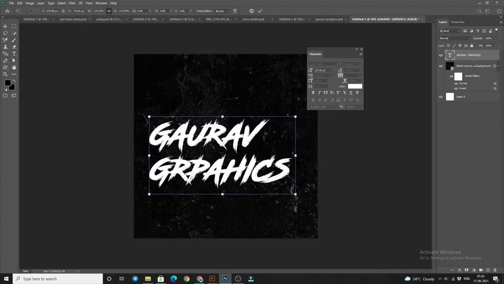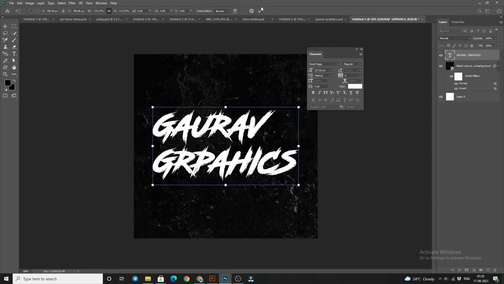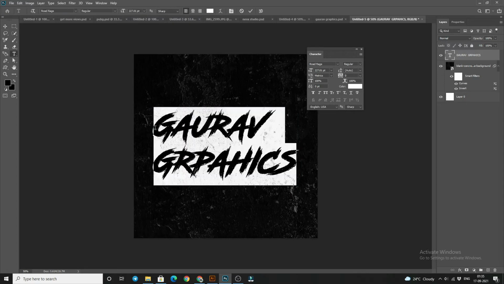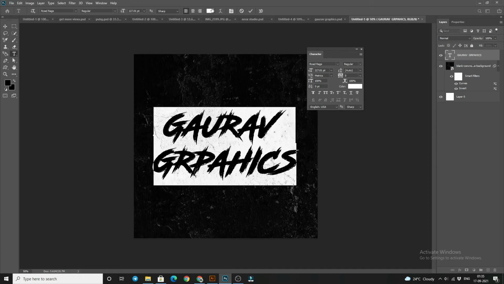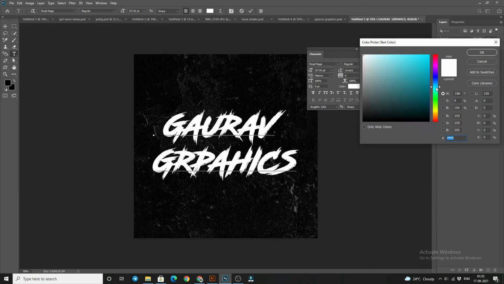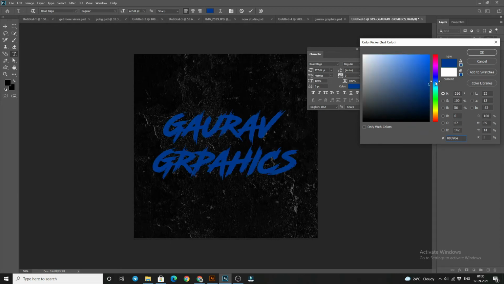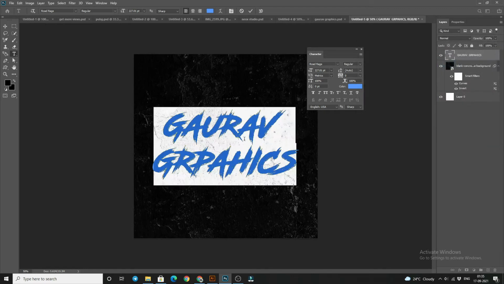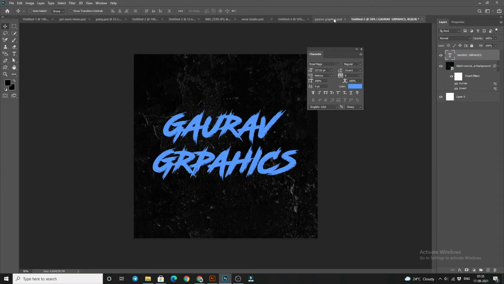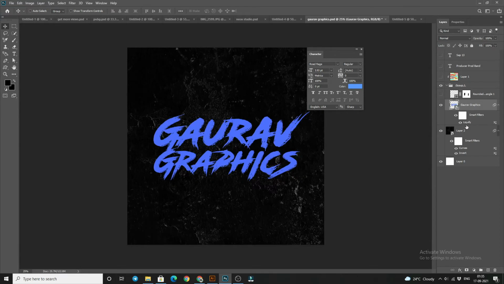So I'm just using that type of texture here. This is the thing I had done on that artboard. From here you can choose the color of it. So on that layer I am choosing that type of color. I have also used a filter in this layer. You can see that Liquify filter.